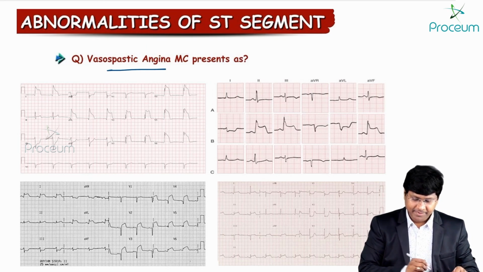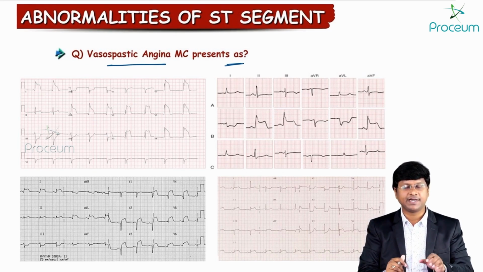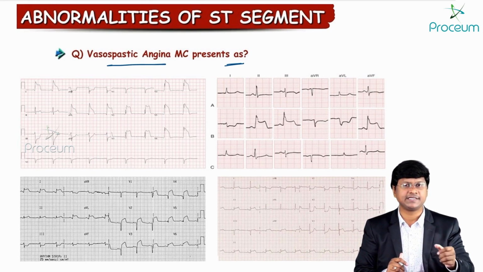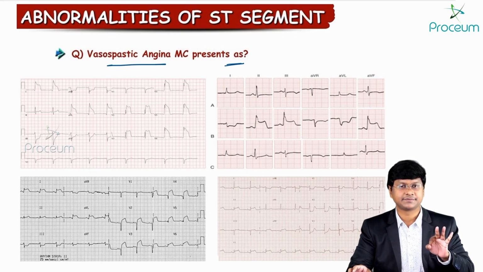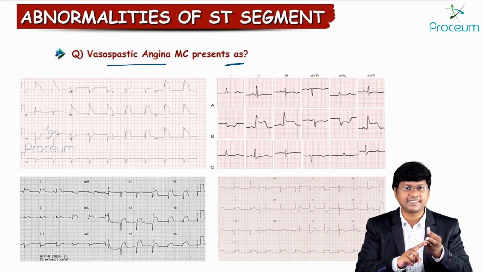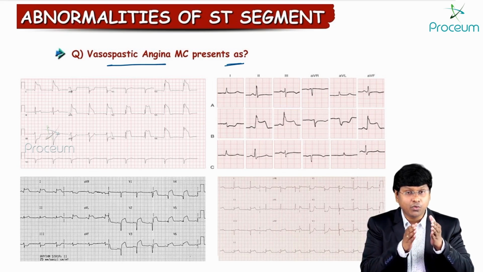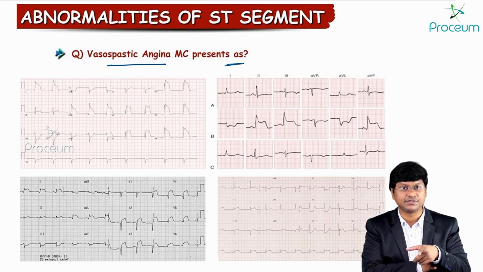Vasospastic angina most commonly presents as. See, what I want to tell you here is regarding the vasospastic angina. Vasospastic angina, it is also called Prinzmetal angina. And we have three forms of angina. Stable angina, unstable angina and as well as Prinzmetal angina. Among all these three forms of angina, the only type of angina where you have the ST segment elevation,